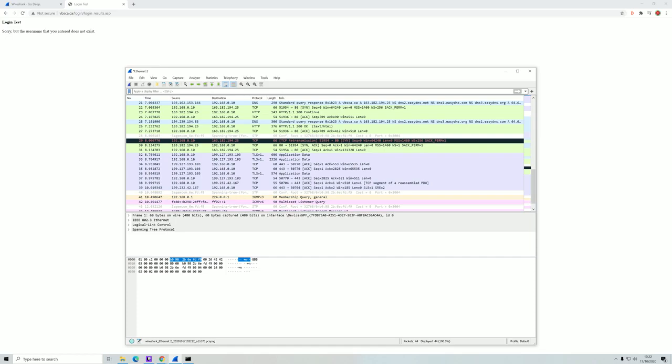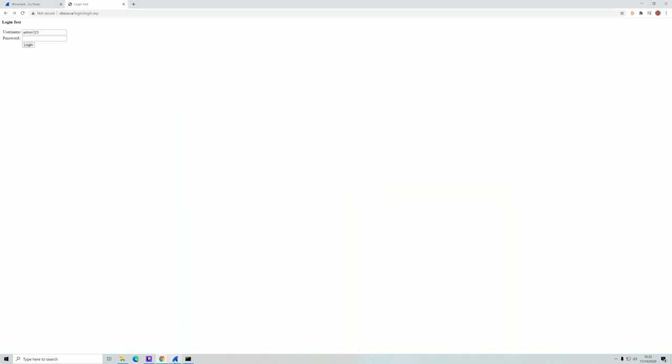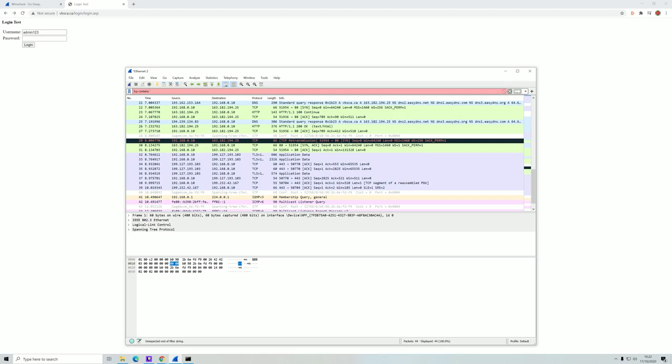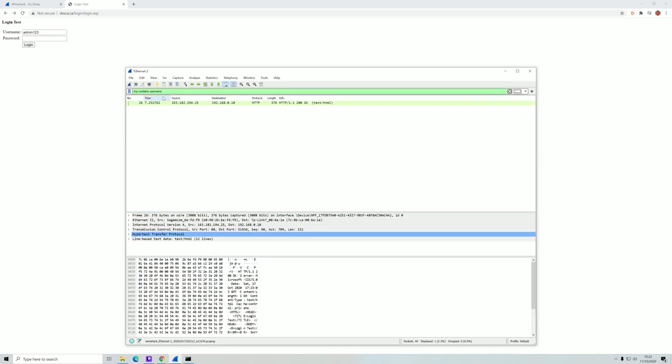So now that we have entered this, we will try to search for TCP that contains the username that we entered. I think we can actually, let's just try to search for username instead of the actual username, just to illustrate that people who are listening in can just find that data. So we find one package, and let's see here,